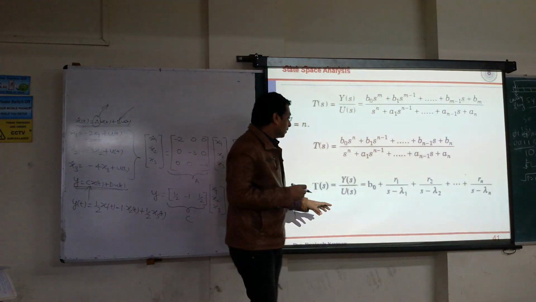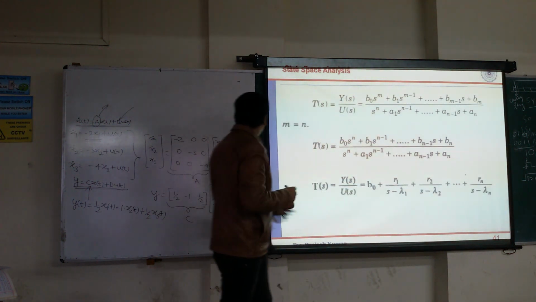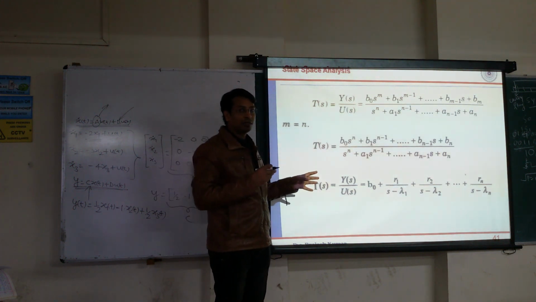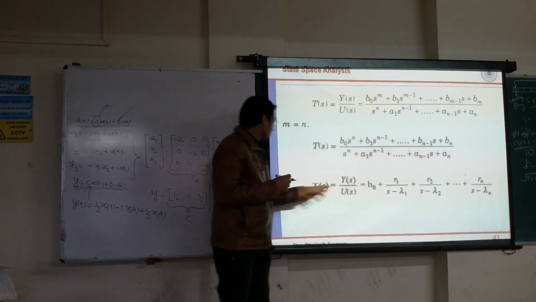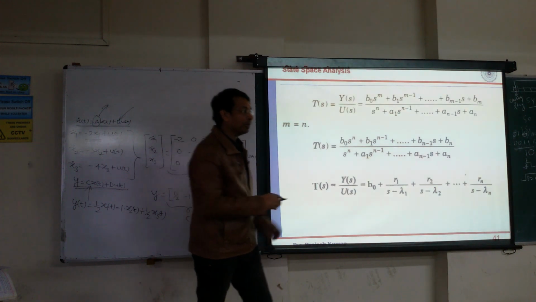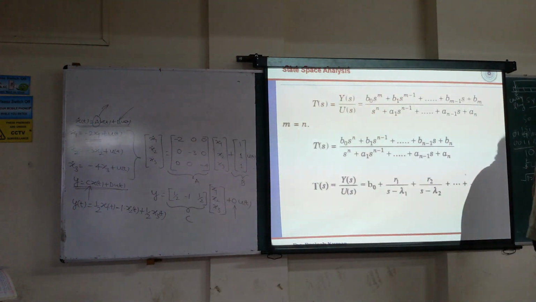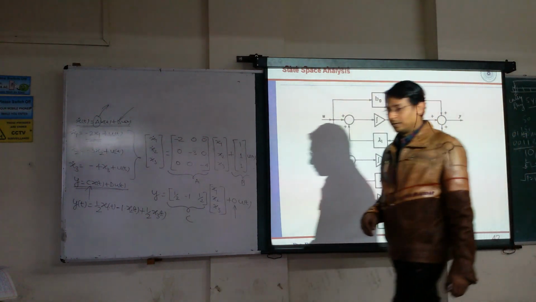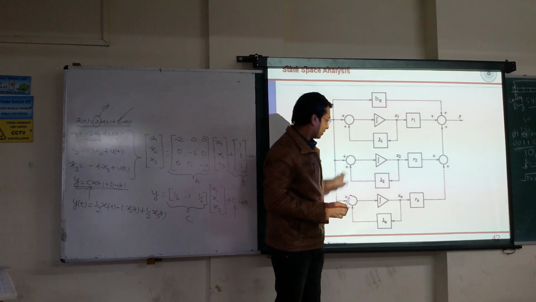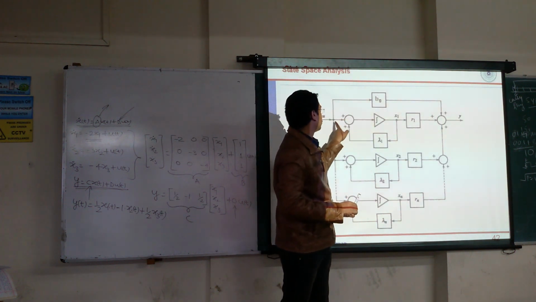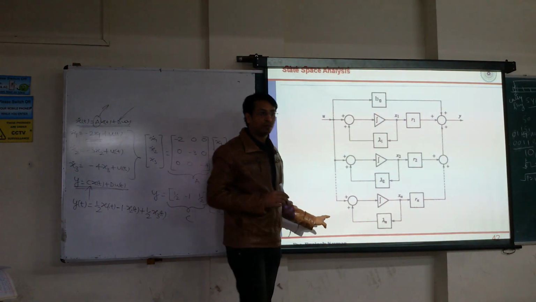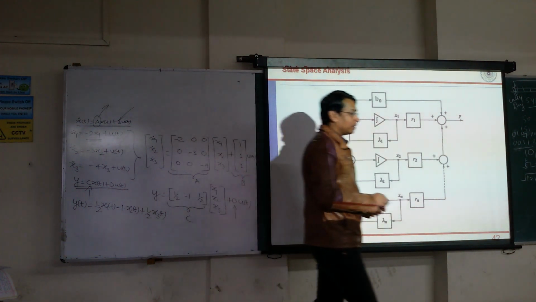So what will happen to b naught? Suppose in this particular case, instead of 1 you are having b naught. So b naught is also directly going to multiply, because b naught is directly combined with the input. I am talking about b. The rest of the thing you know. B naught is directly associated with the input. Correct? I don't think there should be any problem in understanding.